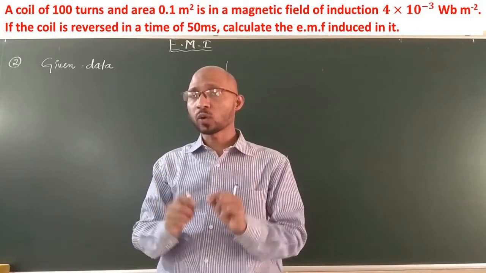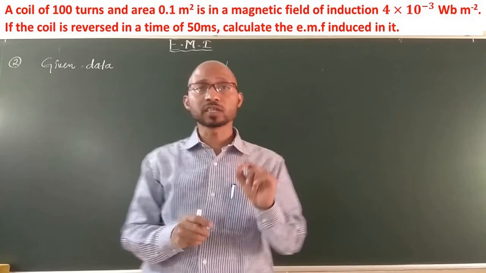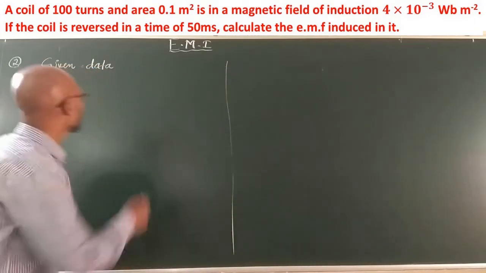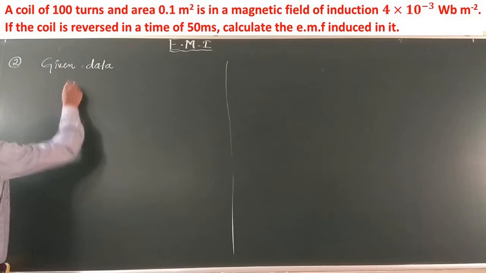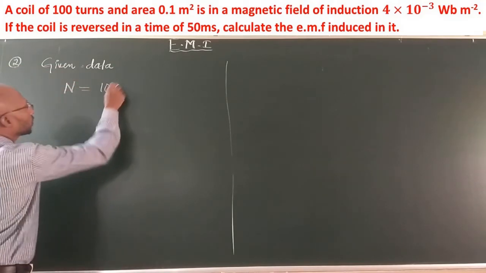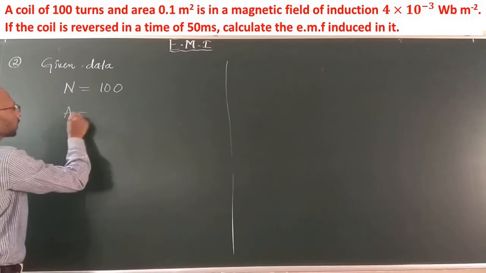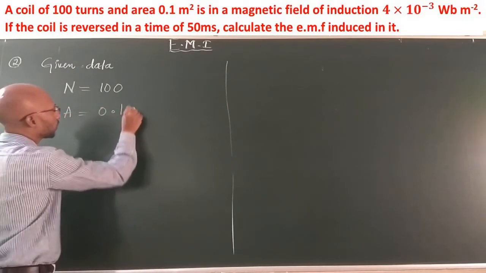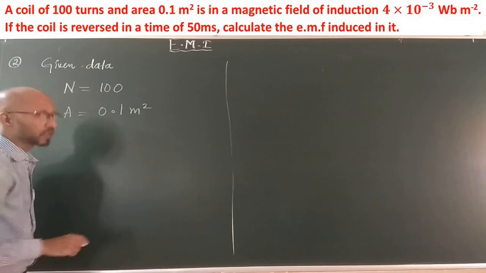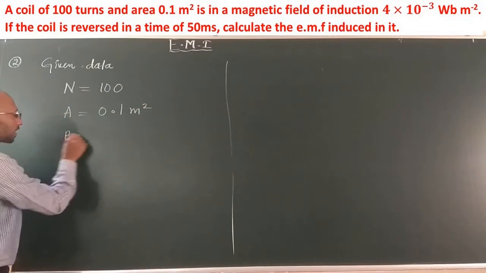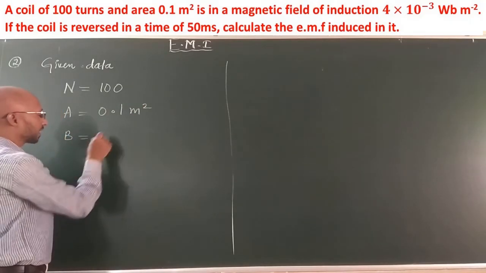The area of the coil is given. Just write down what data are given. What is the first data? How many turns are there in the loop? In the coil, there are 100 turns, and the area of the loop is given as 0.1 meter square, with a magnetic field strength, magnetic induction, which is